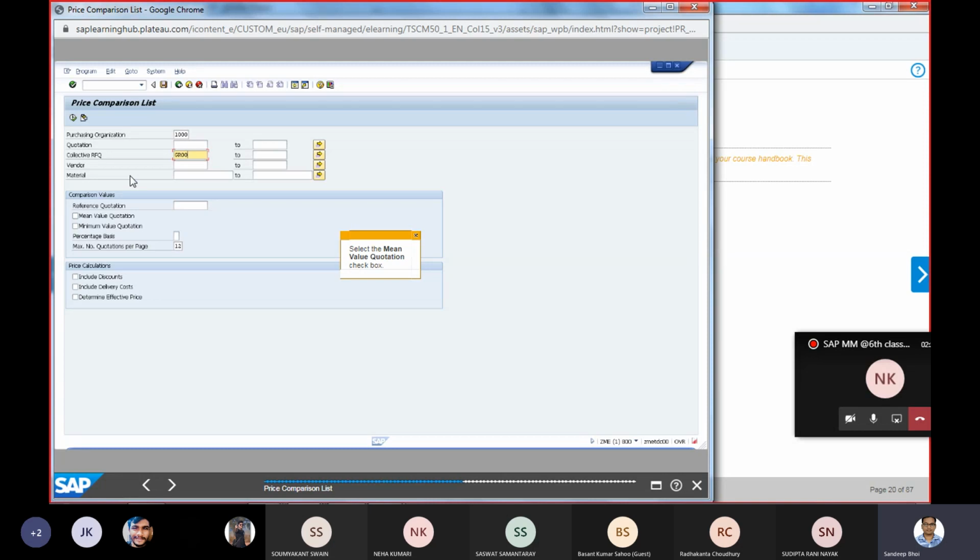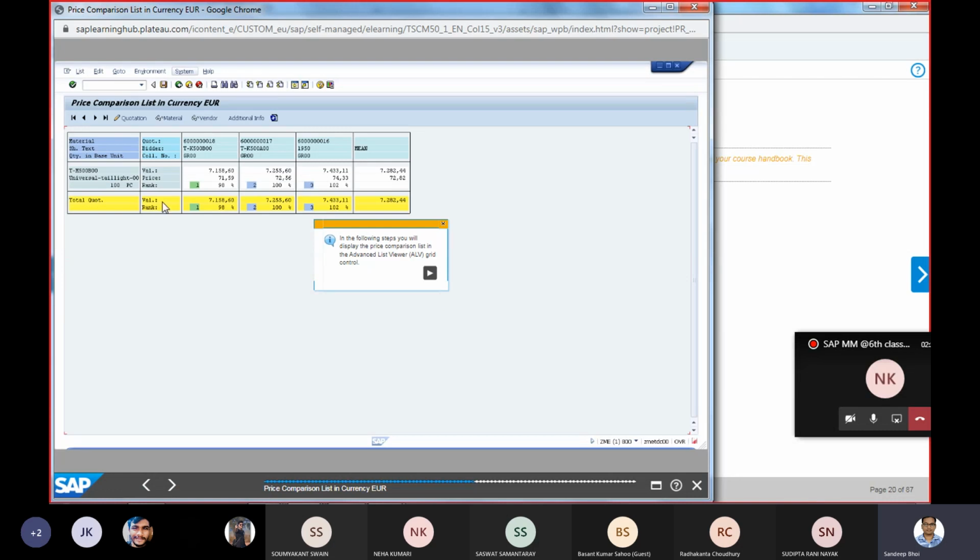GR00. Select the mean value quotation. We need to have a mean value, so we select the mean value quotation. Select the mean value and include discount and include discount price calculator. Discount will be there. Then execute, where you see the execute. Click execute. Okay, so now you can see here the same material, that is universal tube